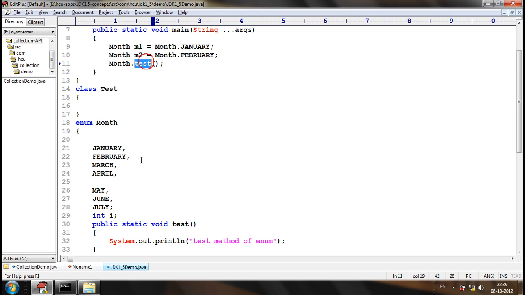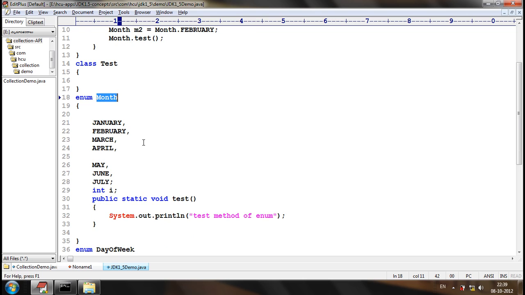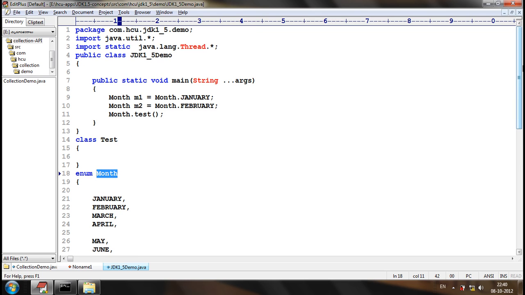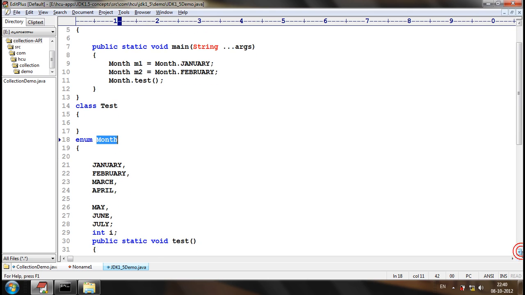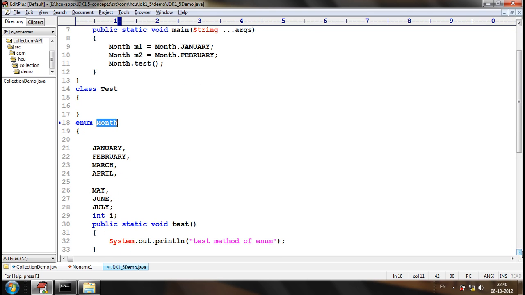Since test is static, a static member can be used using the enum name, Month.test. But any member of an enum should be declared only after the enum constants. That's the rule. Except for that, the remaining things, attributes, variables, and static and non-static rules, are all the same for a class and an enum.